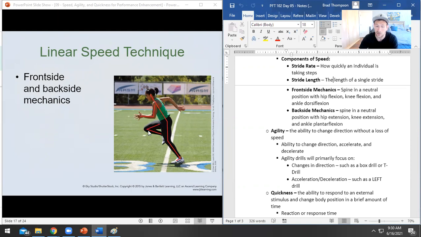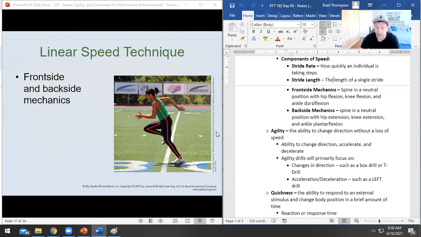Front side mechanics also include knee flexion. So we're seeing the bend here. Backside mechanics include knee extension, right? So the exact opposite. Proper front side mechanics also, and this is probably the one that most people struggle with, includes ankle dorsiflexion. Your ankle should be pulled up, getting ready for your next step. Your toes should be pulled towards your face. We don't want to see that lazy foot hanging down because then it's going to clip the ground as we swing the leg forward into our next step.